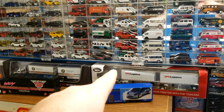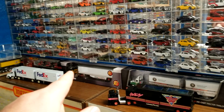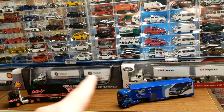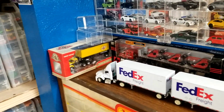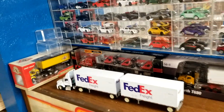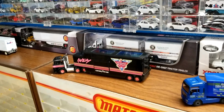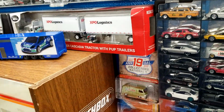These are some promo trucks, XPO, Old Dominion, Estes. Those were gifts to me. Those are all high-end stuff. Some other 1/64 scale here. Got some First Gear. Got some DCP in the back. Just cool truck stuff. You got Matchbox Super Kings, Majorette. Down here on the bottom,